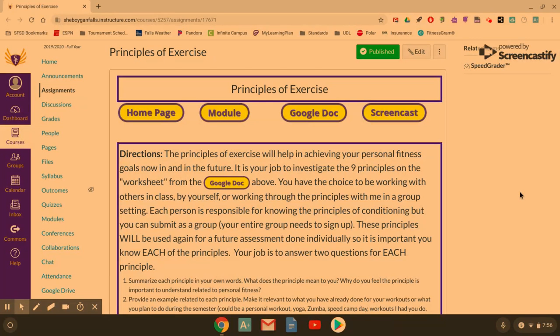All right, the screencast here is going to go through the directions for the principles of exercise assignment and where to find the information. So the directions simply state that you are going to review and answer two different questions that have a few different parts about the 9 different principles of exercise. These principles of exercise help achieve different personal goals that you might set forth for yourself, whether it's now or in your future. And to access the different principles of exercise, you are going to click on the Google Doc